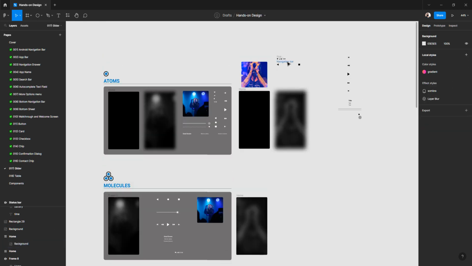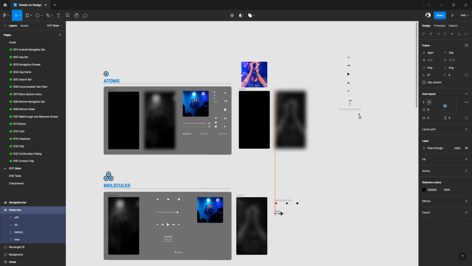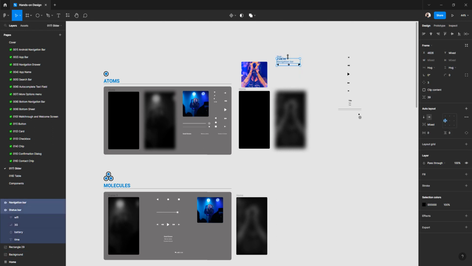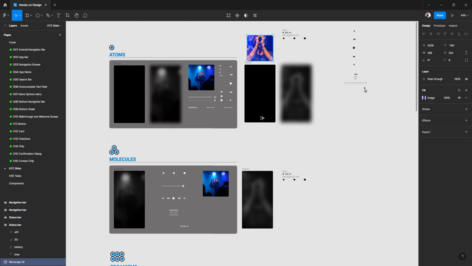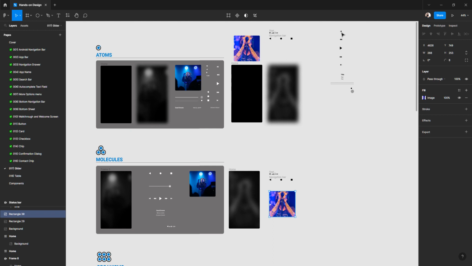Now this navigation bar is okay. Let's place it here. The status bar is okay. I'll place it, but I'm moving and I want to copy. So you know how to copy things. Let's copy them here. Cool. This image too, I'm going to move here. Cool. Now we got